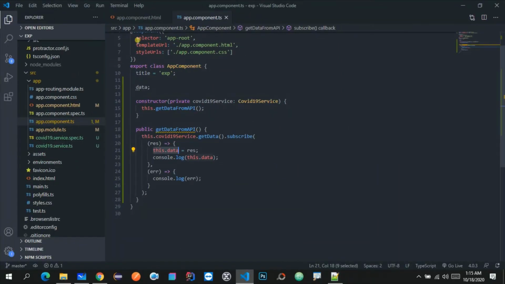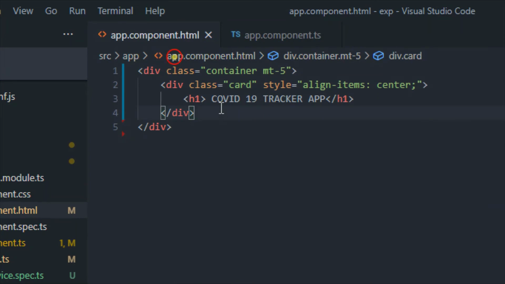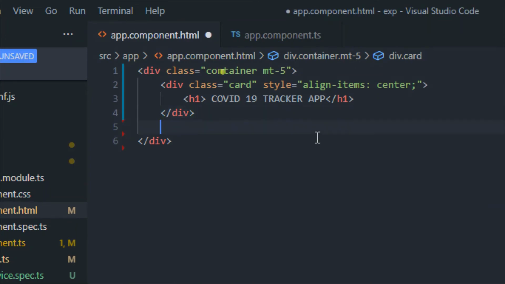For that, let me go to the app.component.html file, and over here by using some bootstrap classes we can show the information. Let me first use the bootstrap classes, and after that I will try to explain what they are and what the use of each class is. First I will write the logic, and you can follow me and write the same logic, and then I will explain it.